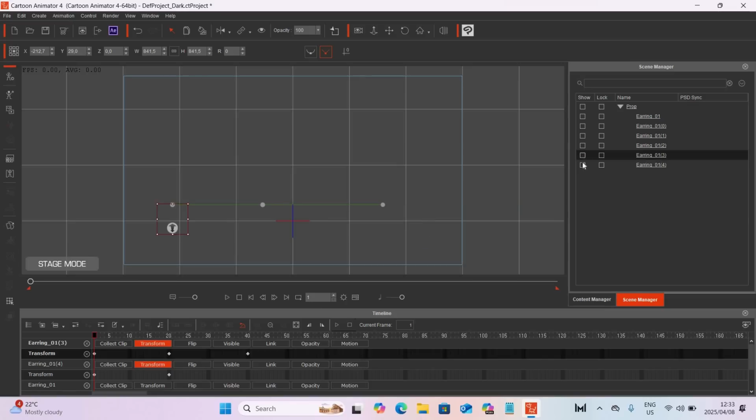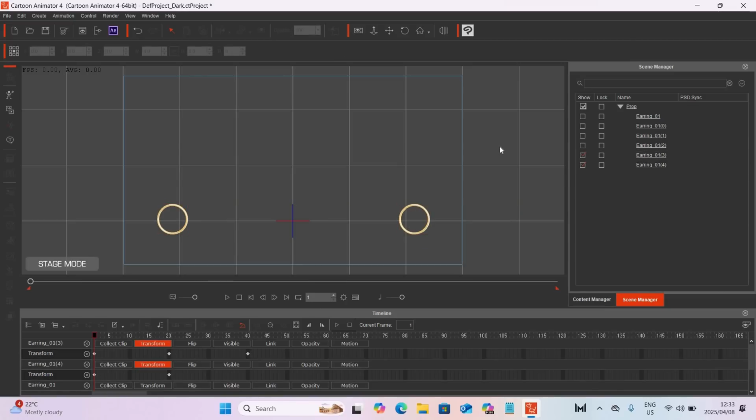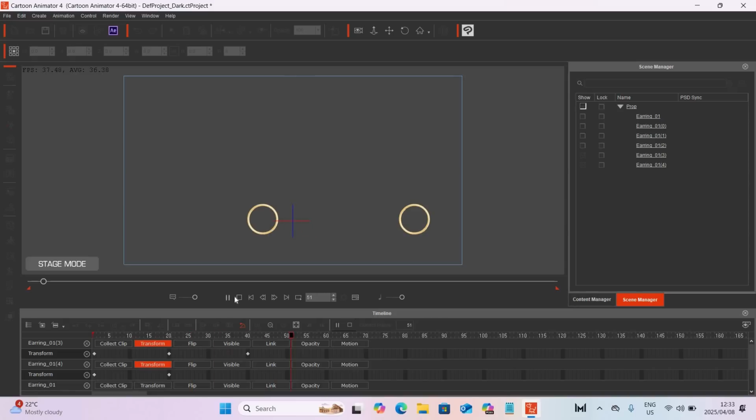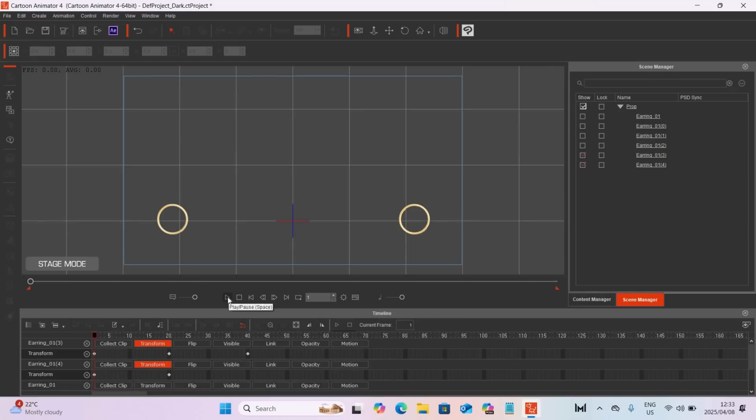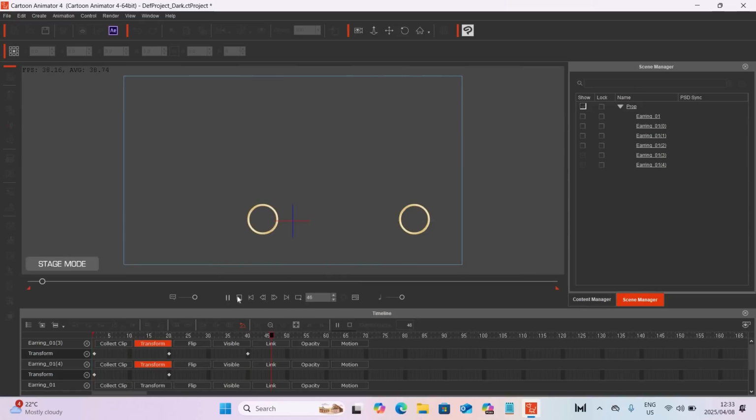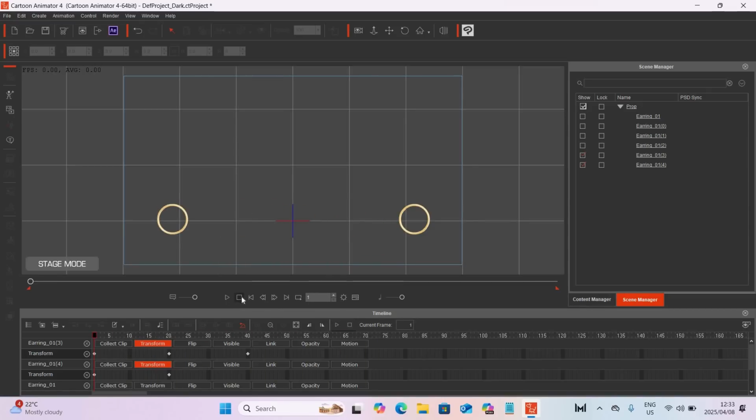Okay, but let me show you now in reverse. Same movement, and if I press play, you can clearly see which one is the heavier one. Okay? So this is just two examples of how you can apply weight to your animations to make it more